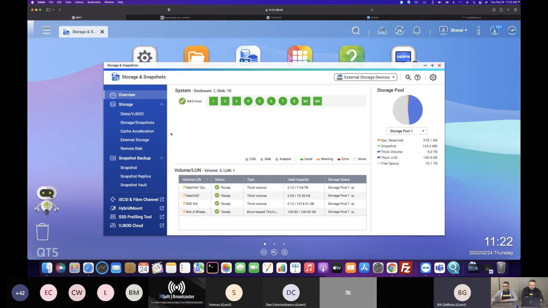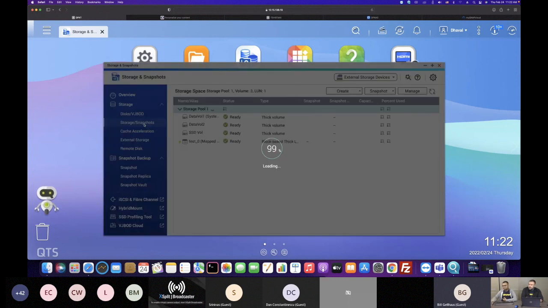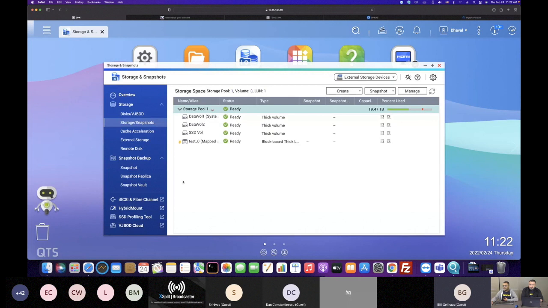Snapshots allow you to create snapshots of your data at different dates and times, so you can recover the data from that particular date and time. It's also a great tool for versioning. If you want QNAP to have versioning, you can use snapshots to have different versions of your file, and you can recover. So if you delete something, or if you have an encrypted file in your NAS,